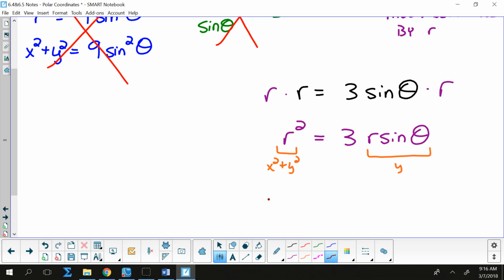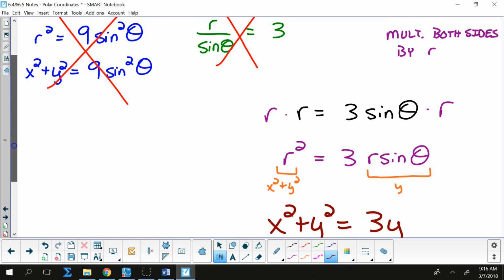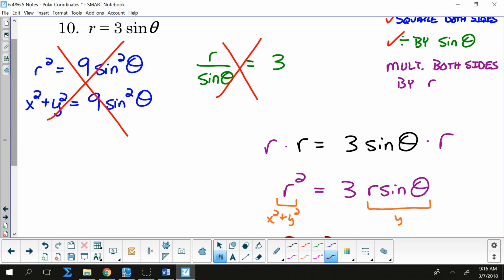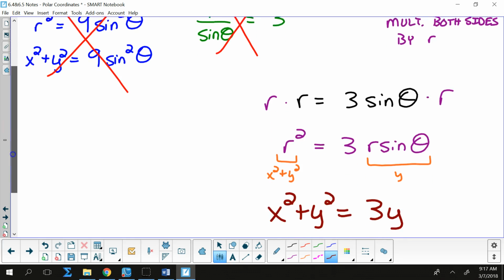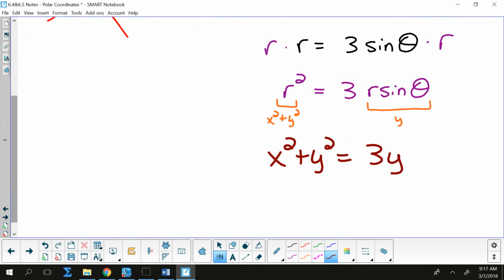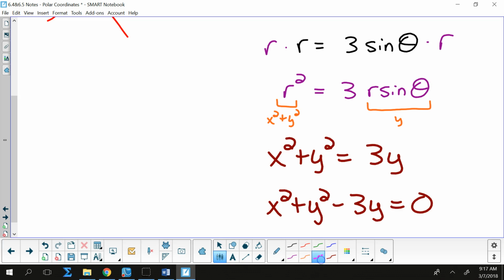So what I've done is completely gotten rid of r and theta. In the blue one, I still had a theta. In the green one, I still had an r and a sine of theta. So I didn't get rid of anything in that one. Over here, I've gotten rid of everything, and then just to make it look pretty, we're going to bring that 3y onto the same side, and